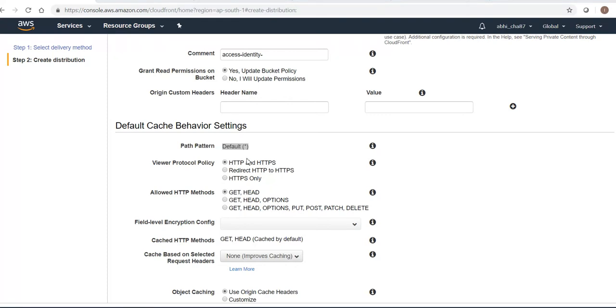So the path I can mention in here means if someone is trying to access PDF files, it should go to this bucket, this origin. If someone is trying to access JPG files, it would go to this path. These regular expressions can be managed. So it uses regular expressions,